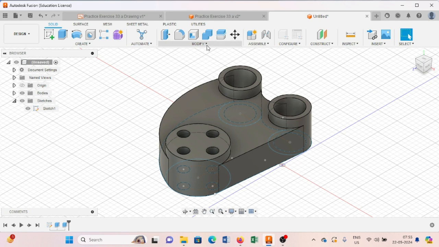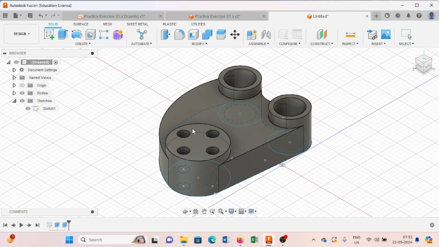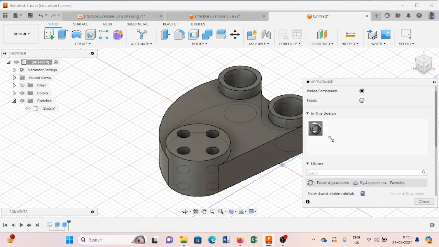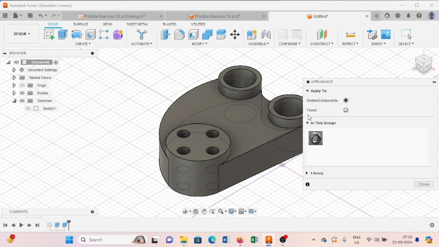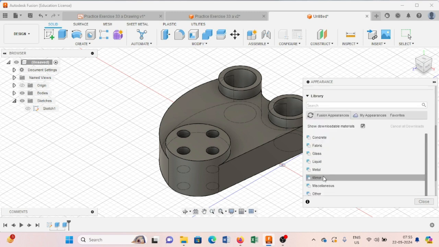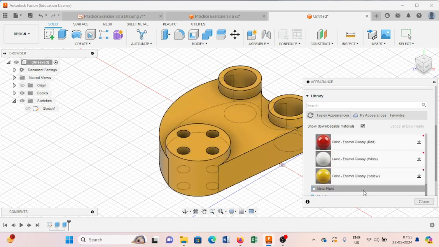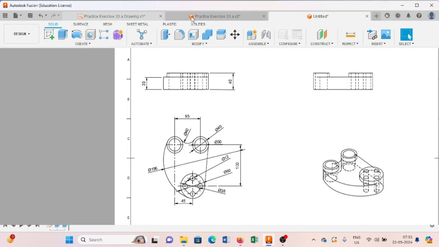Now the next is we will provide the appearance to this particular object. And from here we will select and close it. So as you can see, we have created the same object that we have seen in this